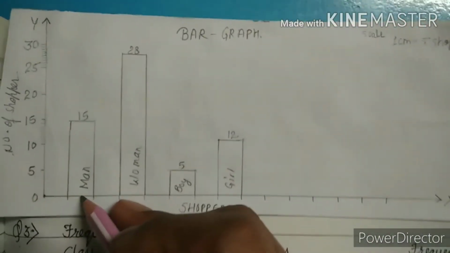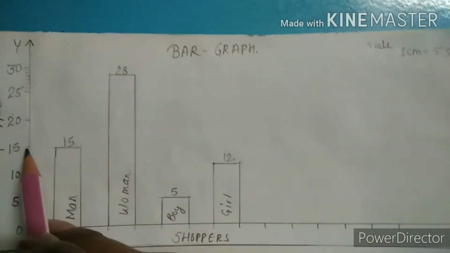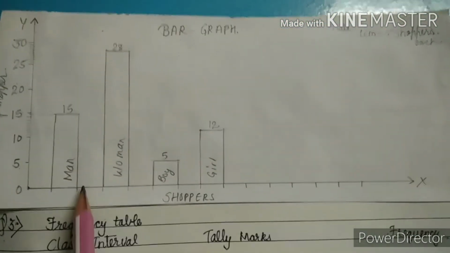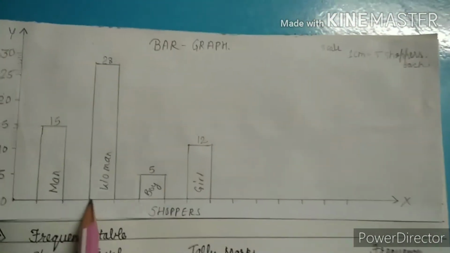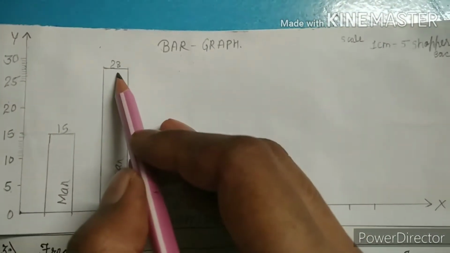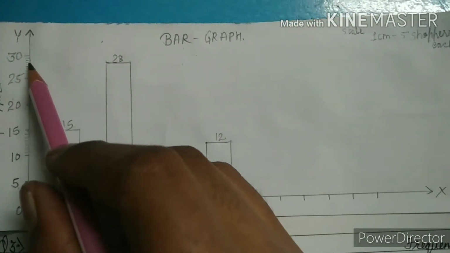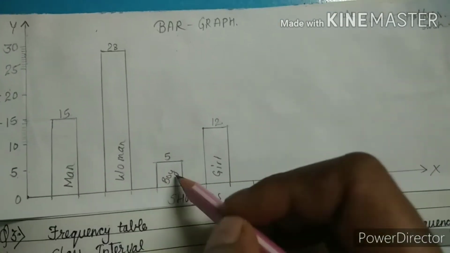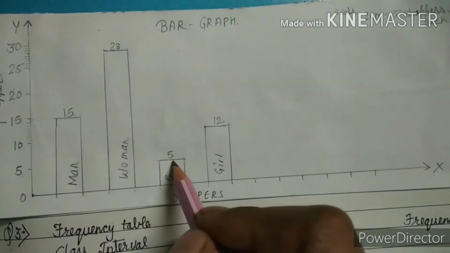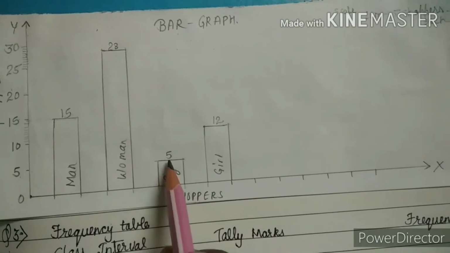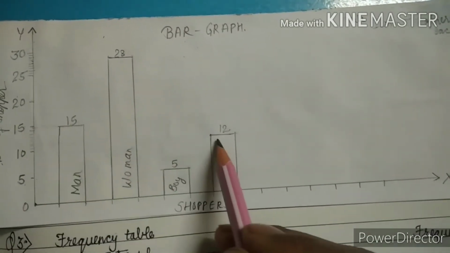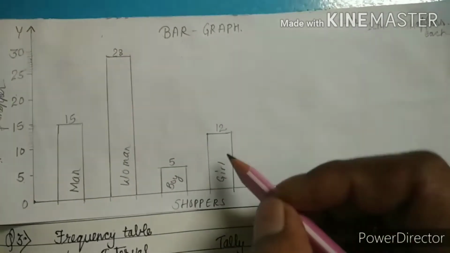So here, as you can see, I drew the men bar for the 15. After measuring from here, it is 15. After taking 1 centimeter difference, I drew the women bar that will go just below the 30. But how many lines I drew below the 30, I will discuss later. The boys and girls bars are the same. 5 centimeter, taking 5 centimeter measurement, is boys. Girls is just a little bit above 10.